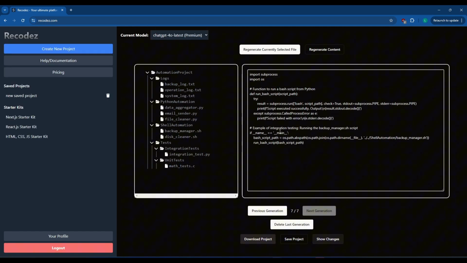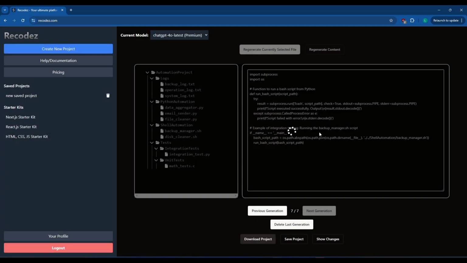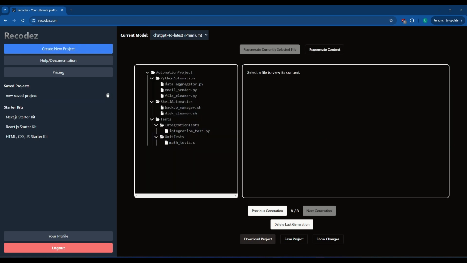And to show a delete operation, I'm just going to say, let's just delete the logs folder. So let's say delete the logs folder, and it will delete the folder and all its content. Lastly, to show a move operation, I'm going to input the task to have the integration test file moved into the unit test folder. So we can say